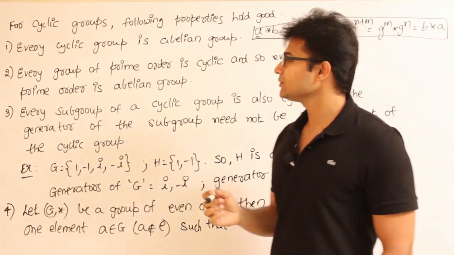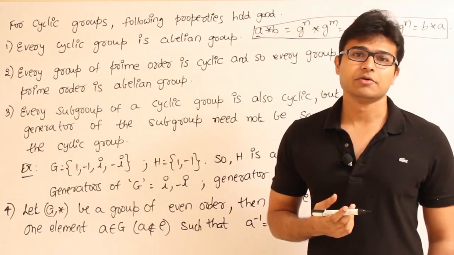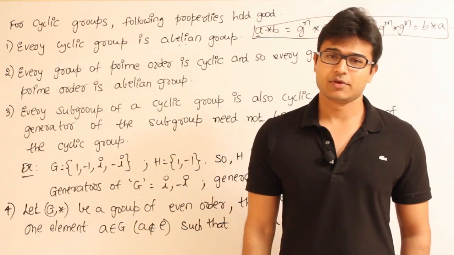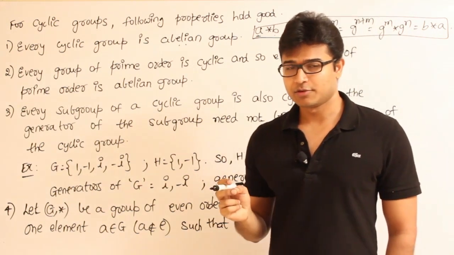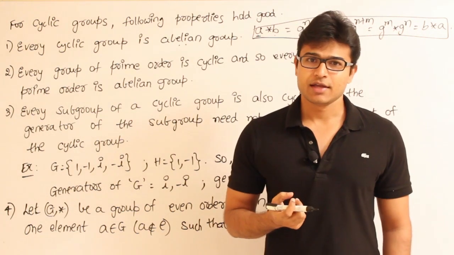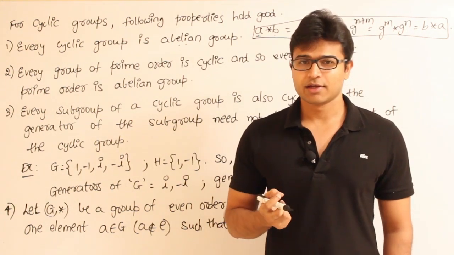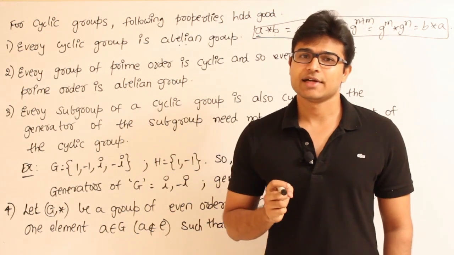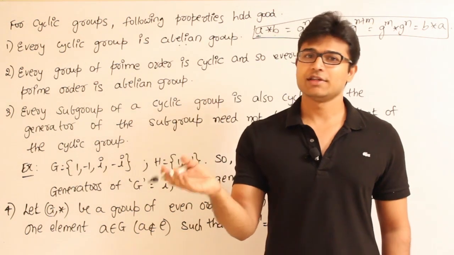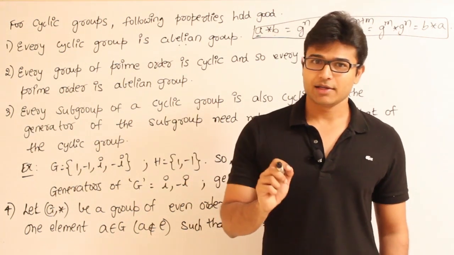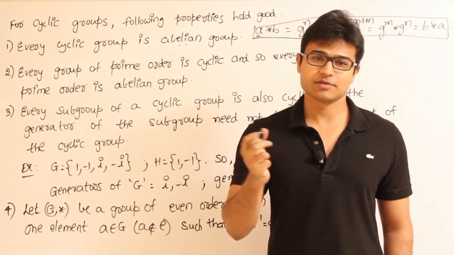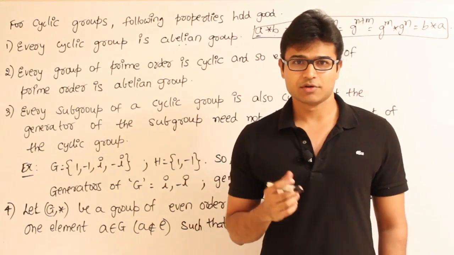Next, the converse need not be true, which means every abelian group need not be a cyclic group. In order to be a cyclic group, we should find at least one generator. But to be an abelian group, we only need the commutative property to be satisfied. If a group satisfies the commutative property, we cannot say it is cyclic. But if the group is cyclic, which means every element can be expressed as a power of something, then we have shown the proof that it is an abelian group.